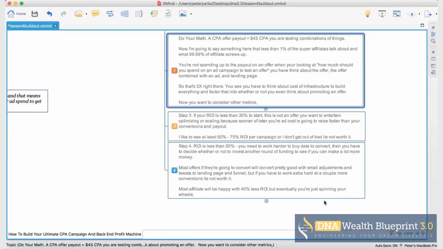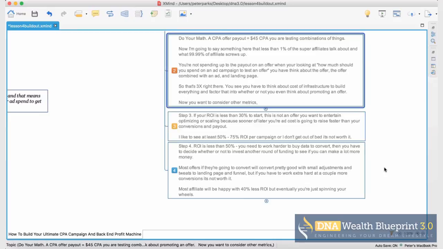Also, most offers, like I say, if they're going to convert, they're going to convert pretty good with small adjustments and tweaks to the landing page and to the funnel. But if you have to work extra hard at a couple more conversions, is it really going to be worth it for you to push yourself past that point? So most affiliates at this point, they'll be happy with 40% or less ROI, but at the end of the day, 40% is good, but if you're trying to scale,